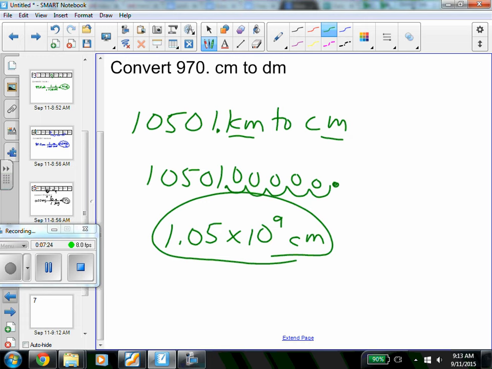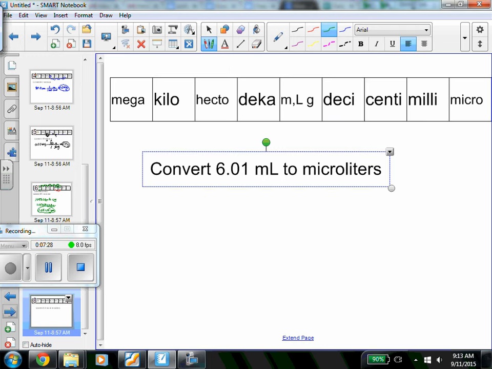Okay? All right, one last one. Okay, we're going milliliters to microliters. I wanted to bring up this issue because of this. These ends here are a factor of 3 spaces. So whenever you're going from here to here, it's a factor of 1,000. From here to here, it's a factor of 1,000. Okay? So if I'm going to go from milliliters to microliters,